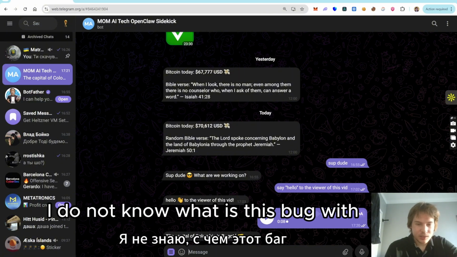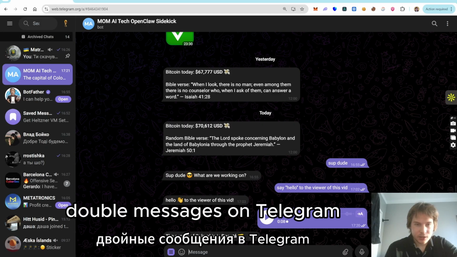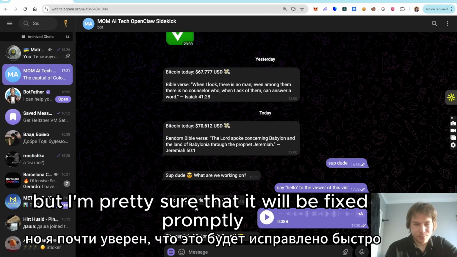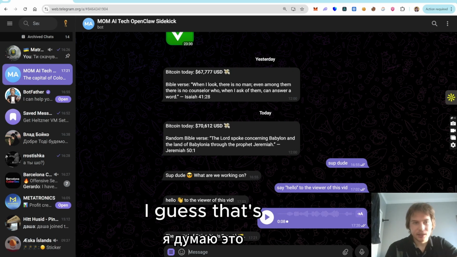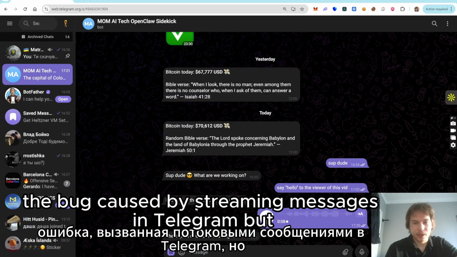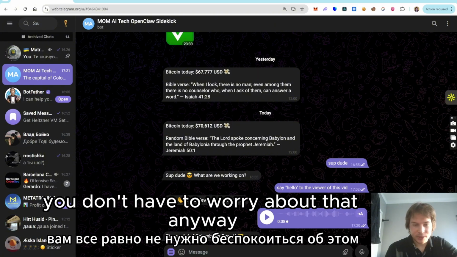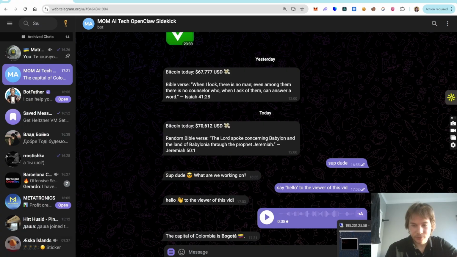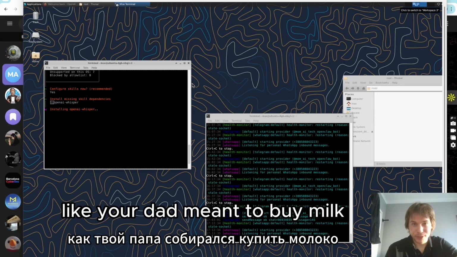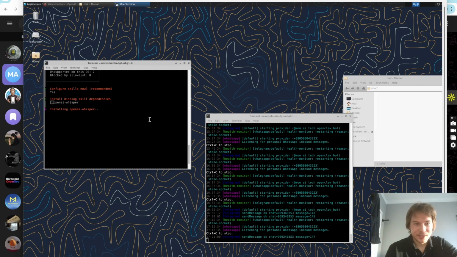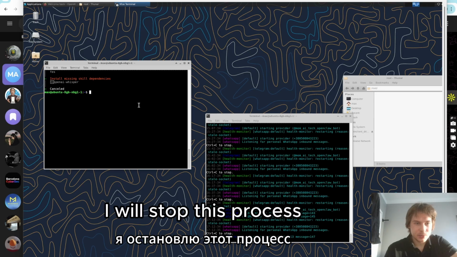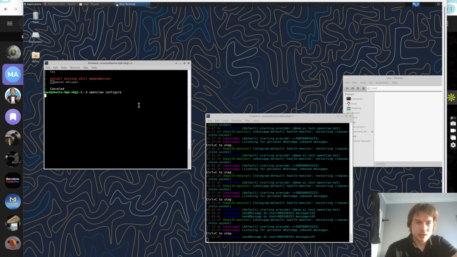I do not know what is this bug with double messages on Telegram, but I'm pretty sure that it will be fixed promptly. I guess that's the bug caused by streaming messages in Telegram, but you don't have to worry about that. Anyways, the second message disappears very fast, like your dad went to buy milk. I will stop this process, and